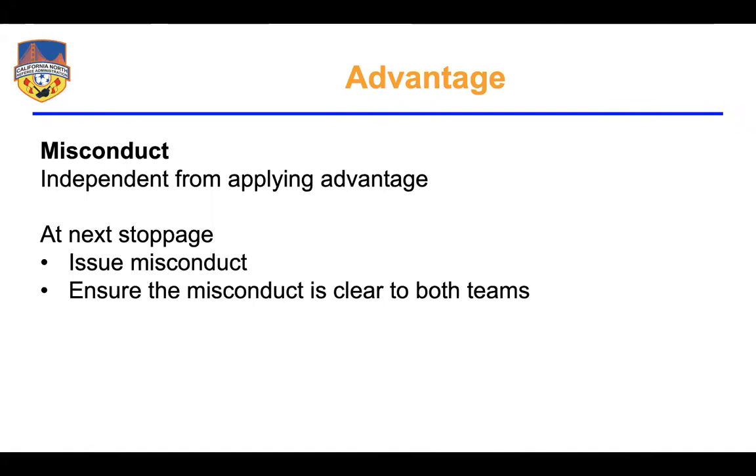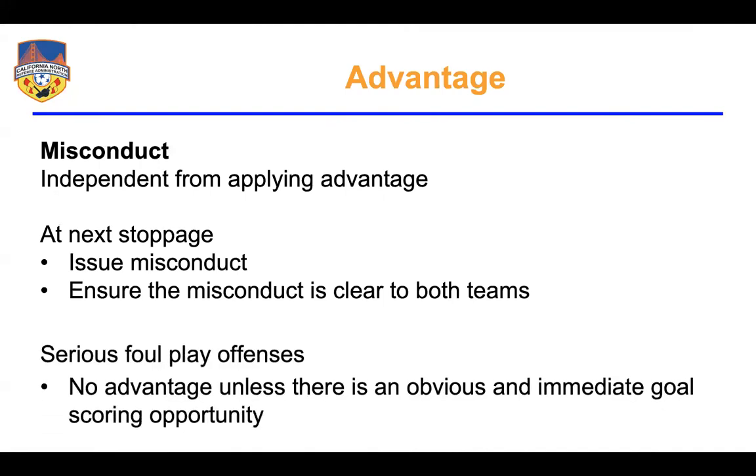Because oftentimes, particularly at the youth level, people will forget that you chose not to call a foul, and 30 seconds later, when you go to give a yellow card, they're going to be really upset. They don't understand why that player is getting a yellow card. Or they might not see who you're giving it to. There'll be lots of different scenarios where giving a caution after playing advantage, if time has elapsed, can be confusing. So make sure it's really clear who's getting it, and why they're getting it.